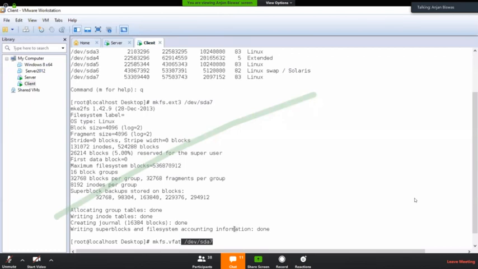Then that pen drive will be formatted with a Windows type file system, and it can be usable from any Windows system. But if you format that pen drive with the ext3 file system, Windows cannot recognize it.